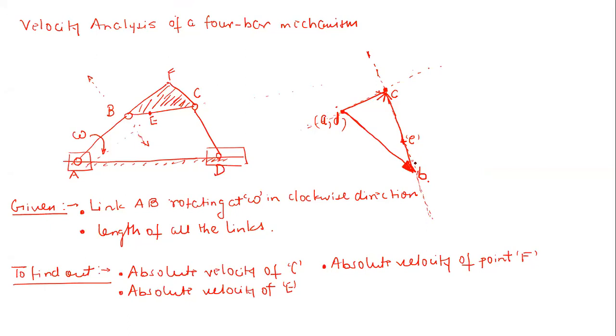Always remember, never put it like velocity of E with respect to B. Sometimes people make this mistake. It has been asked for the absolute velocity of point E, right? So simply the absolute velocity of point E will be AE. Simply join this line, and measure the length of this line AE. That is going to give you the velocity of point E, and the direction will obviously be from A towards E. So this is known to us.